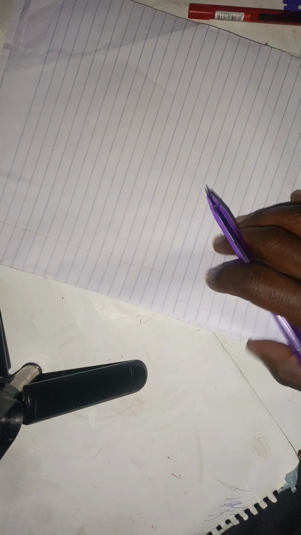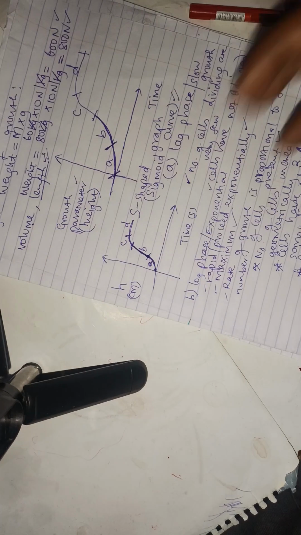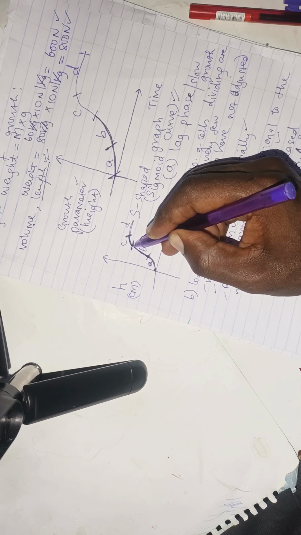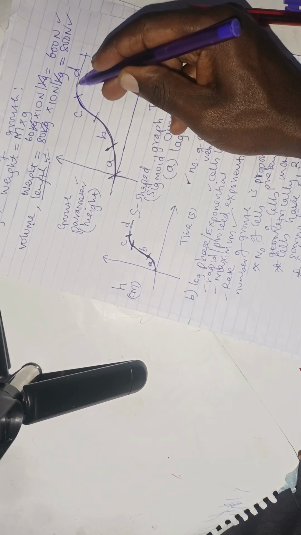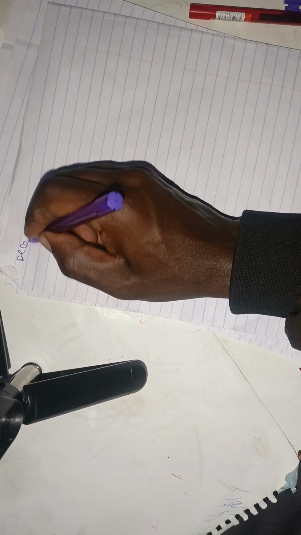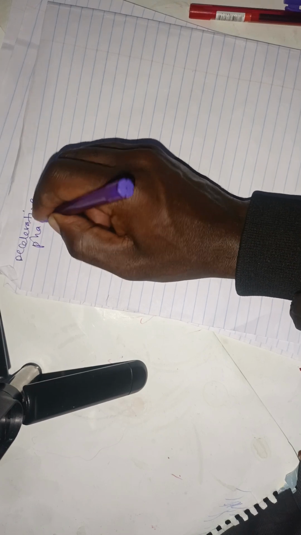Now, we'll turn back to the third phase of this, and the third phase is called decelerating. We can be able to notice that the rate of growth has begun decreasing before it even flattens out. So this third stage is called the decelerating phase. So this is the third phase during which